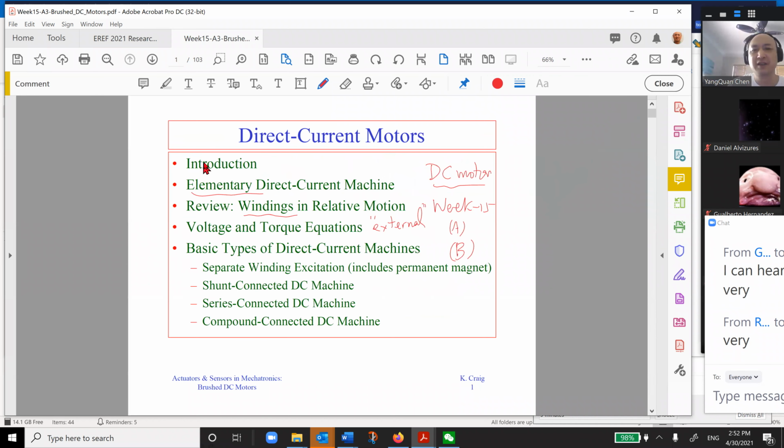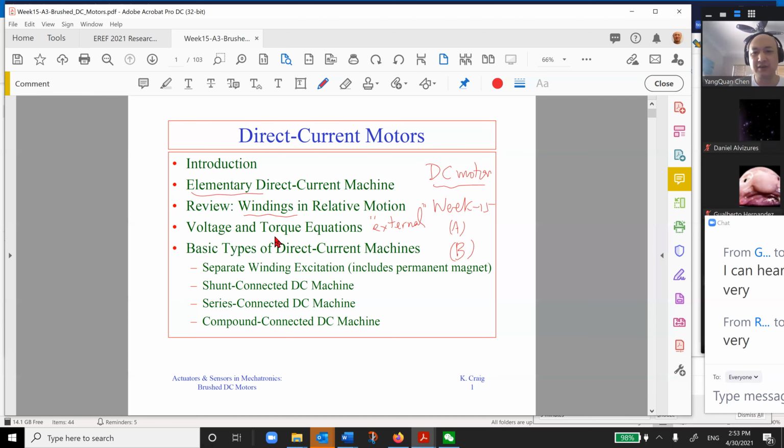So go back. We discussed a little bit about the elementary DC machine, and then we talked about the winding a little bit. It can be very complicated if you have multi-pole rotor windings, okay. However, I hope you only focus on exterior characteristics like the voltage or torque equations, using that